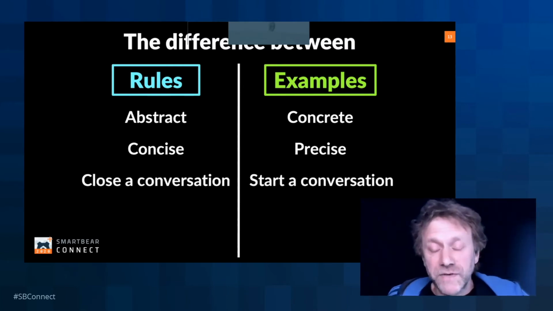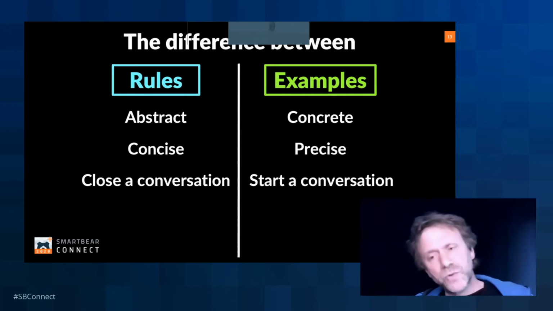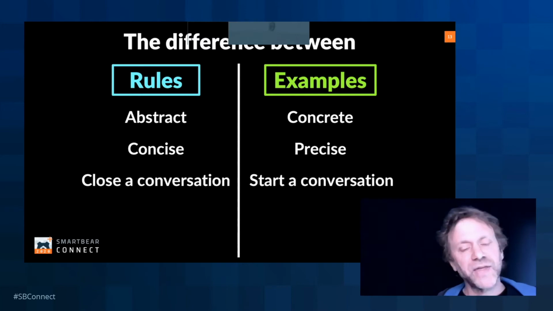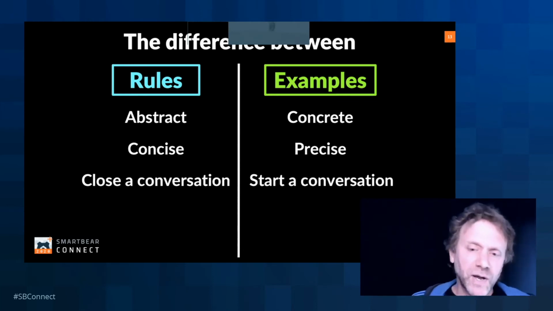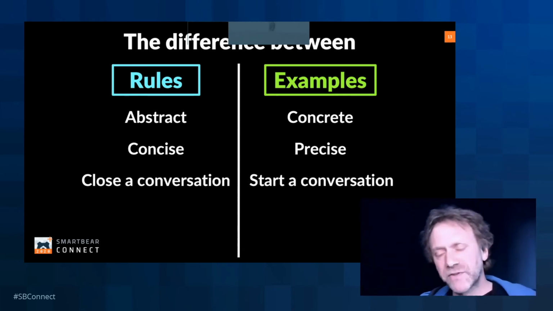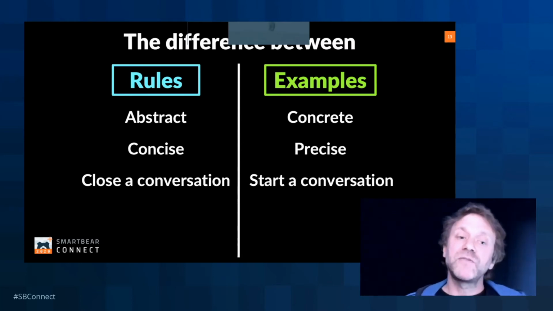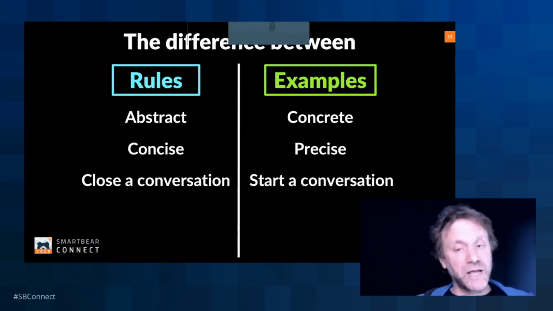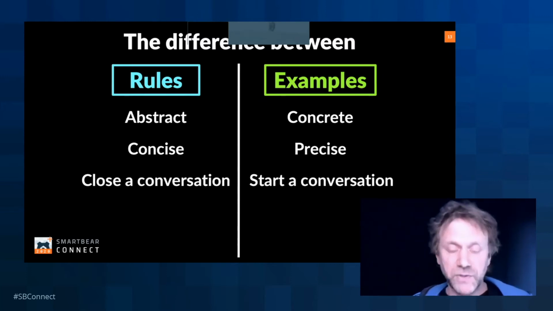Examples are a great way to start a conversation. If someone asks you to do something and you say, do you mean in this situation you want it to work like this? That's you asking a question using an example. And then that starts a conversation where the person requesting the work can say, no, I didn't mean it quite like that, or not always like that. Sometimes you have to, and so on. There are always exceptions. And when you have then refined the rule so that it conforms to all of the examples that illustrate it, that's a great place to close the conversation, because the rule and the examples together now form a unit that can be understood unambiguously by anyone who needs to work on that piece of